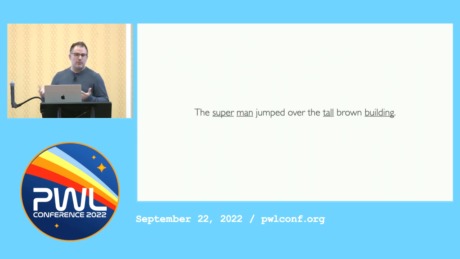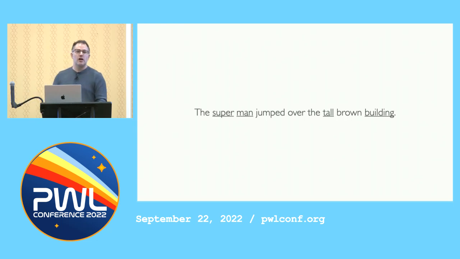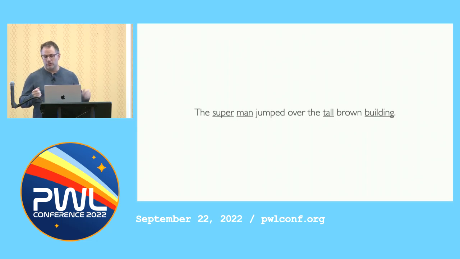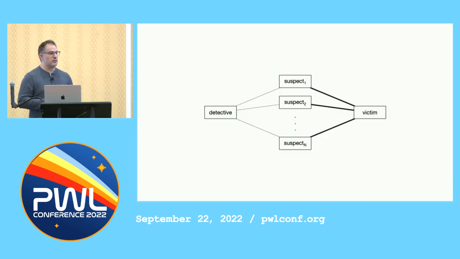And in a sentence, maybe it doesn't matter. We can hold the whole thing in our head. We can play it backwards and forwards. But if we're dealing with a larger text, a murder mystery, say, or our code, it matters a great deal more. We can't fit it in our head. So where should we start with a murder mystery?